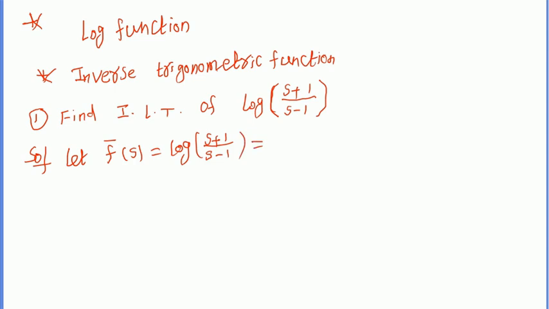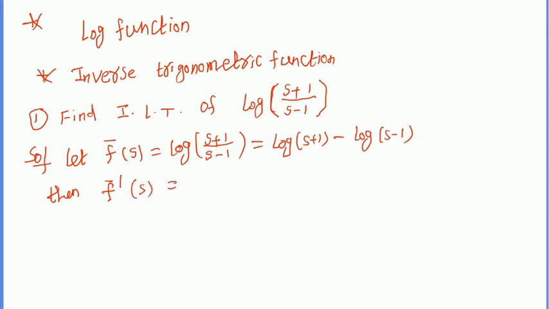This is of the form log of a by b. Log of a by b can be written as log a minus log b. Then differentiate this with respect to s. Then f dash of s